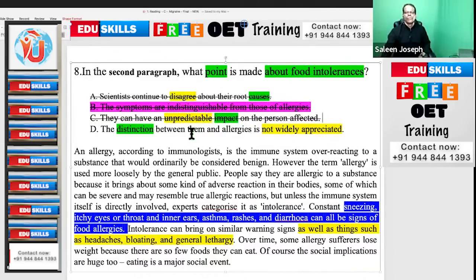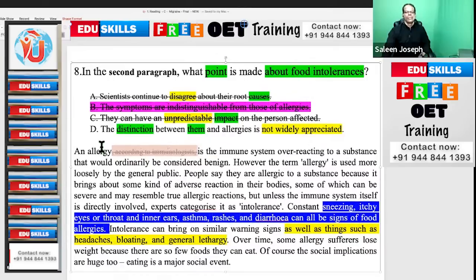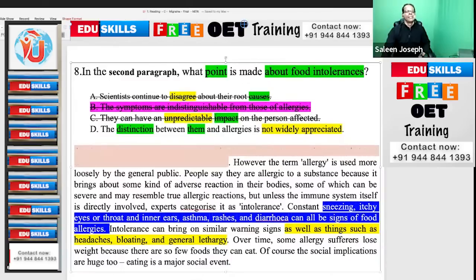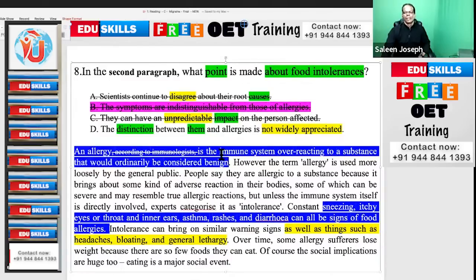So the distinction between them, meaning food intolerances, and allergies is not widely appreciated. Now, what is between commas is a supplement explaining the subject, which can be eliminated when you read to understand easily. So an allergy is the immune system overreacting to a substance that would ordinarily be considered as benign. That is the definition of allergy. Then a contrast word: however,